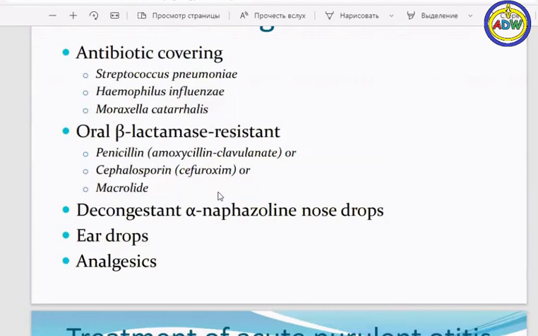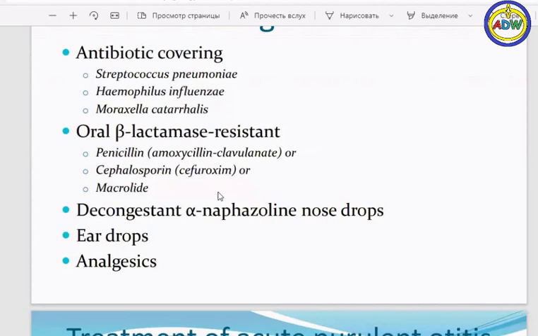That is why if the route of infection was via the eustachian tube, we use both sides, both nostrils, because for a prophylactic aim, the other ear also must be ventilated well and